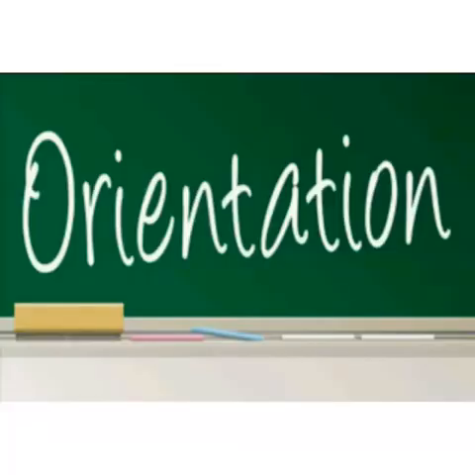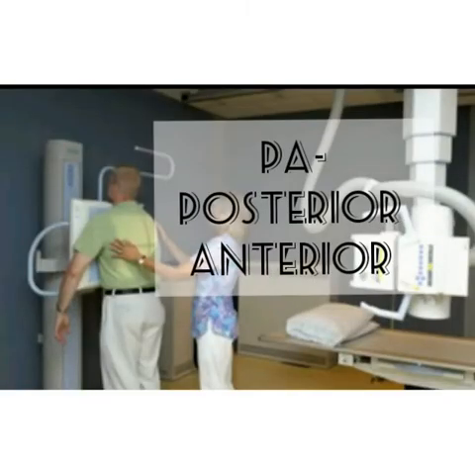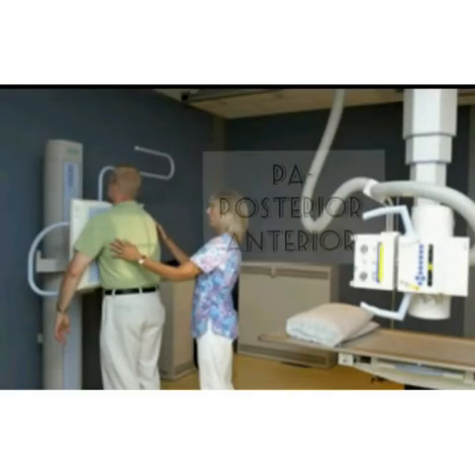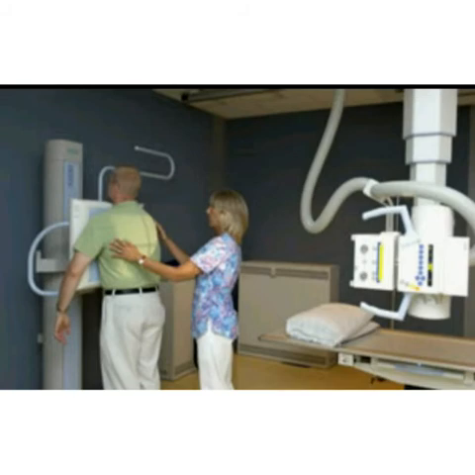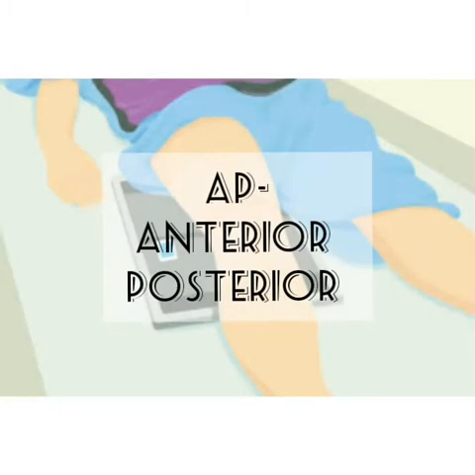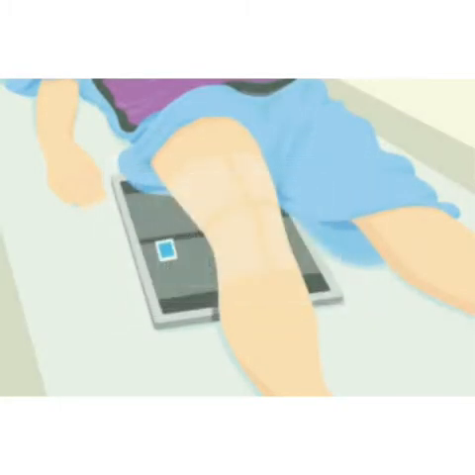Next is the orientation, where we check the position of the patient and the site description. The PA, which means the posterior anterior projection, is the standard frontal chest projection. The X-ray beam transfers through the patient from the posterior to anterior direction. It is performed standing and in full inspiration, with the patient hugging the detector to pull the scapula laterally. The AP, which means the anterior posterior view, is obtained when the beam transfers from the anterior to posterior direction. It is used for bedridden patients and patients who are unable to stand erect for the PA view.